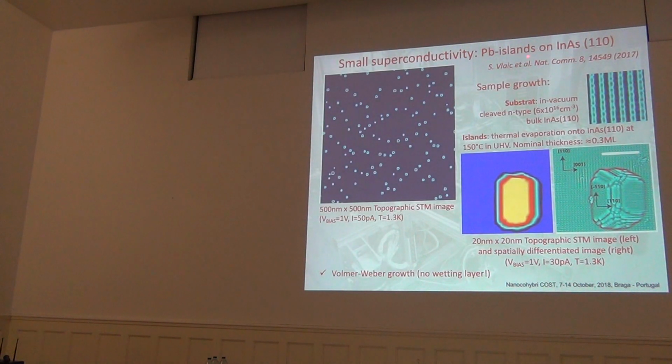So, we deposited lead on indium arsenide, 110 direction. On this surface, 110, indium arsenide has a two-dimensional electron gas. And our idea was to get a ballistic proximity effect between lead islands and this indium arsenide. That would be nice, to get Andreev bound states and so on. Unfortunately,